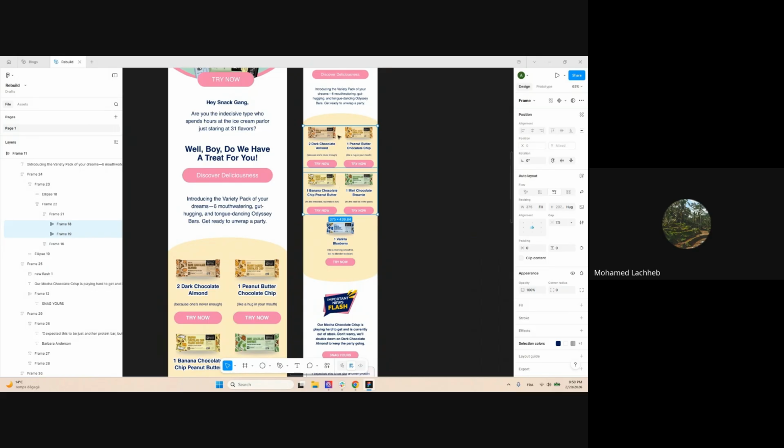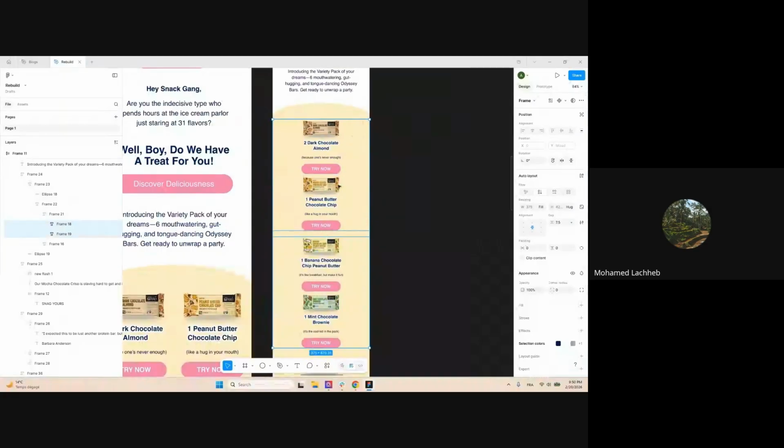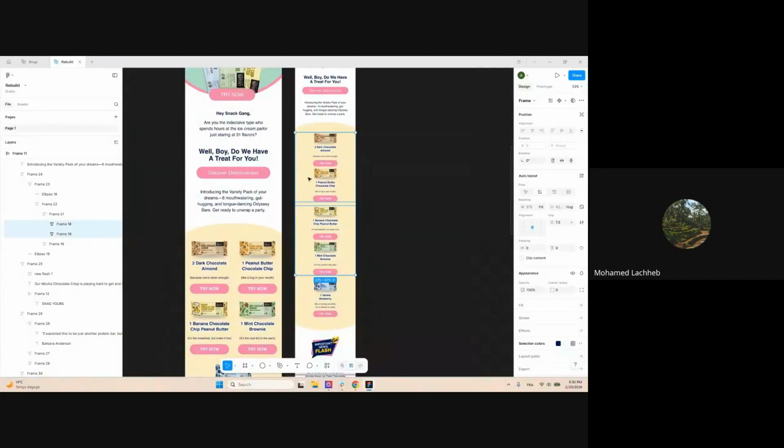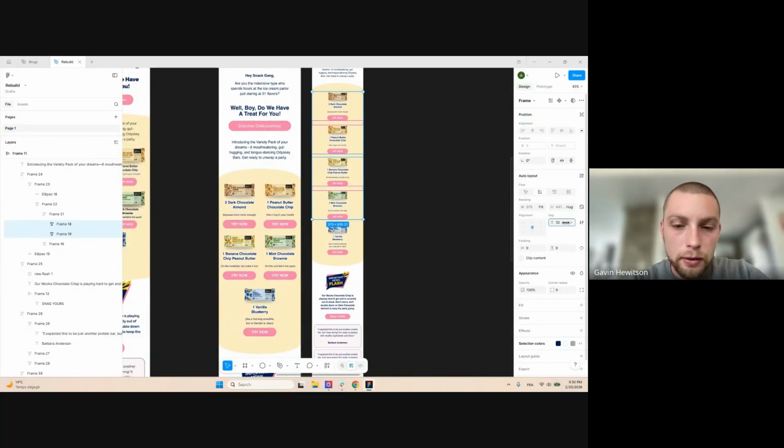Select these two, and we go again to the auto layout section. Now this is another feature of the auto layout. So we go here and press vertical. So we have all the products vertically like that. Perfect. And then if we want to expand them in size,